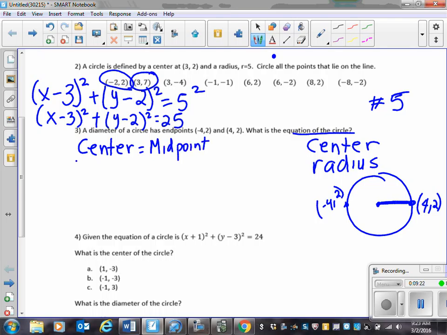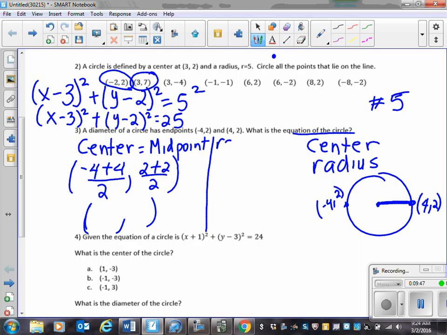Okay, so I'm sure you remember your midpoint formula. So I'll do negative 4 plus 4 divided by 2, comma, 2 plus 2 divided by 2. That will give you the midpoint of the circle. So you end up with 2 coordinates, and you go ahead and find that. Then the next thing is I need to know what's the radius,